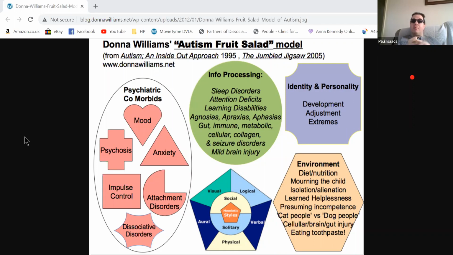So now this list. The first thing there is sleep disorders. So already you're seeing a clustering of things. If you imagine autism as a specific stacking of different things for that person, that's a good start, because some of the things I'll say will be irrelevant, and that is fine. So sleep disorders. Sleep disorders can be to do with chemical imbalances. It can be to do with overthinking. It can be to do with the inability for the brain to get what we call REM sleep, rapid eye movement sleep. It's the ability to go into a deep sleep, which some people on the autism spectrum often struggle to do.